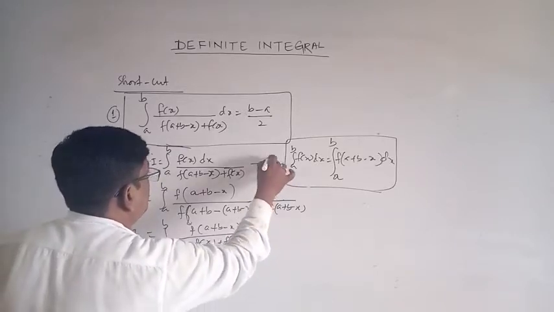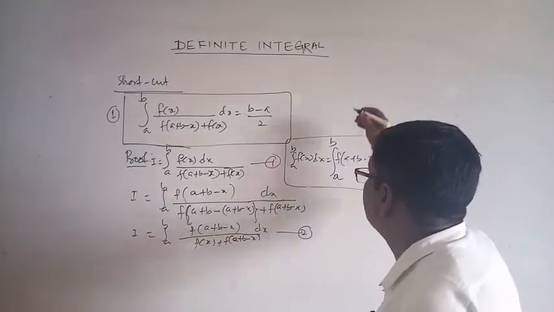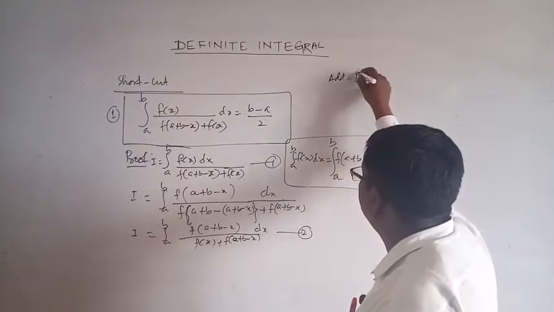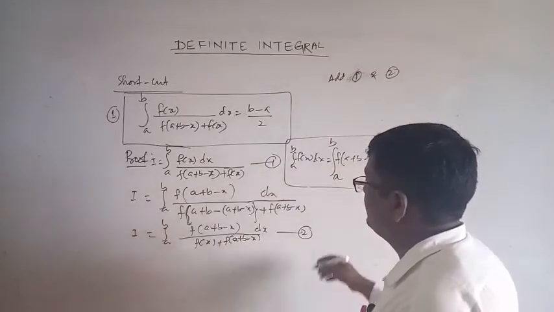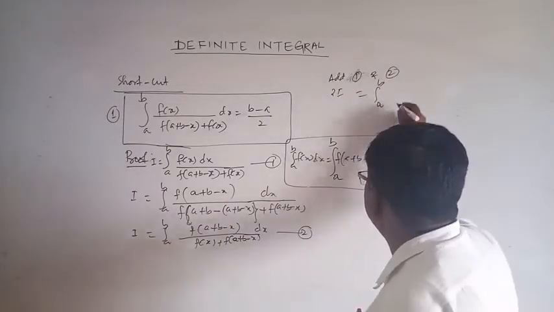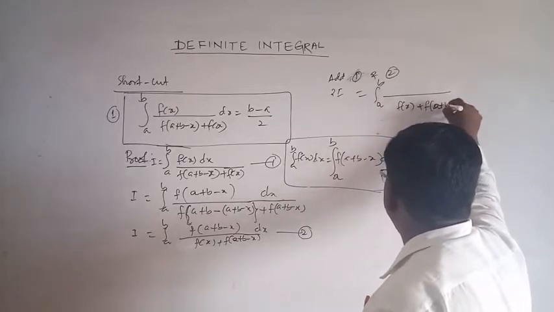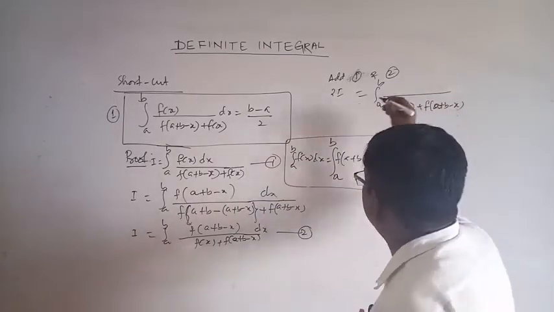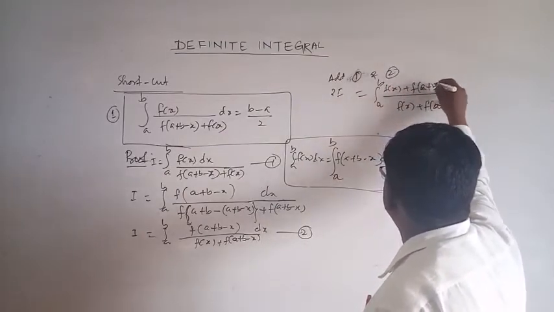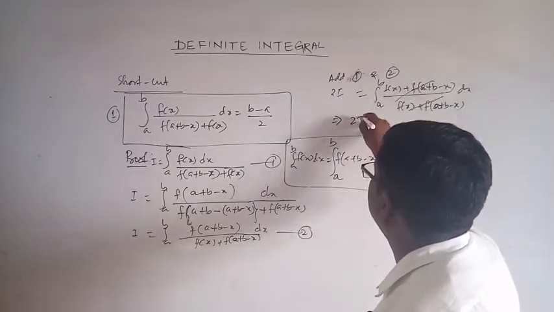This is equation 1 and this is equation 2. Add equation 1 and 2. So 2I is equal to the integral from a to b, with common denominator f of x plus f of a plus b minus x, of f of x plus f of a plus b minus x divided by f of x plus f of a plus b minus x dx. So this cancels. So 2I is equal to